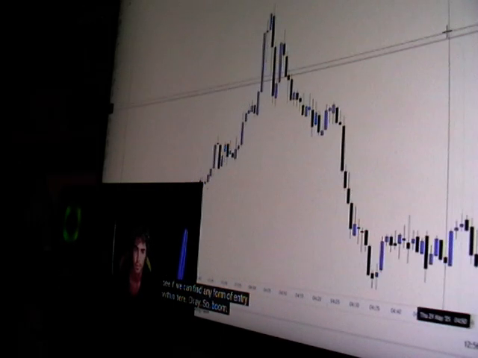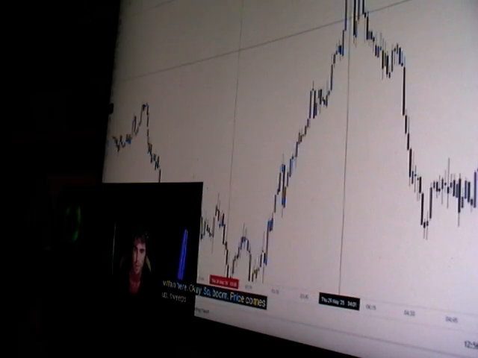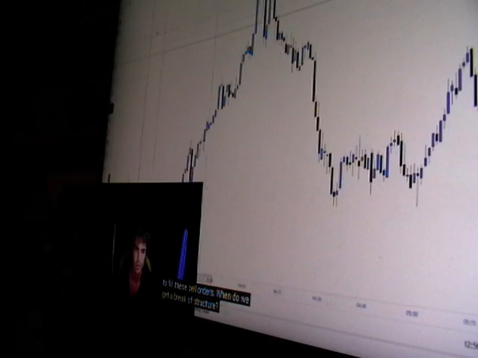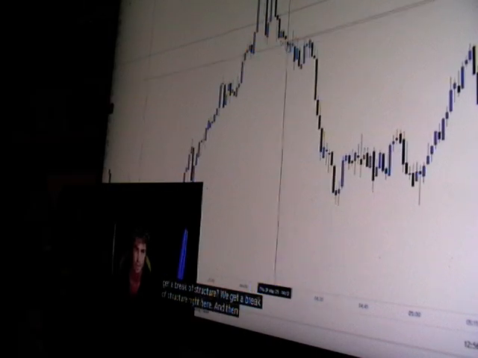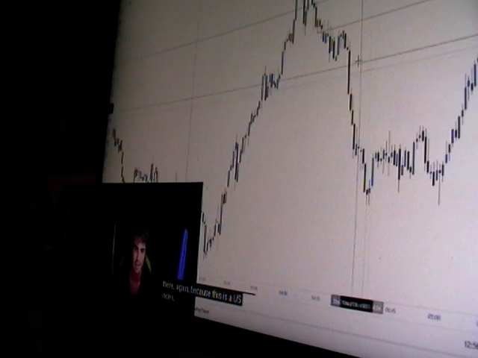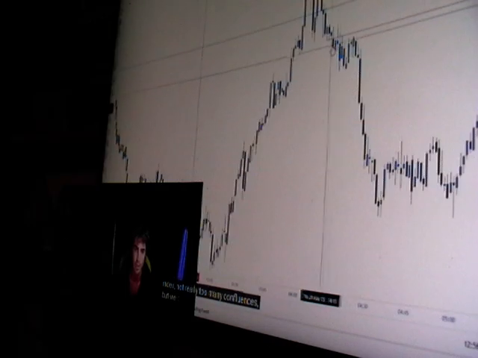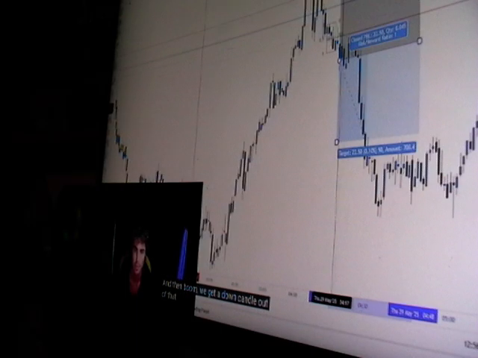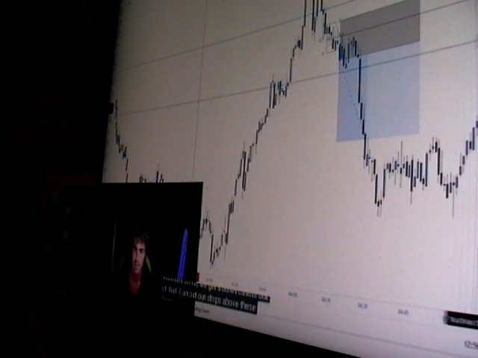Okay, so boom, price comes up, sweeps out these highs. We're able to fill these sell orders. When we get a break of structure, we get a break of structure right here. And then from there, again, because this is a US index, not really too many confluences, but we do come up and we fill equilibrium. And then boom, we get a down candle out of that. We put our stops above these highs right here.